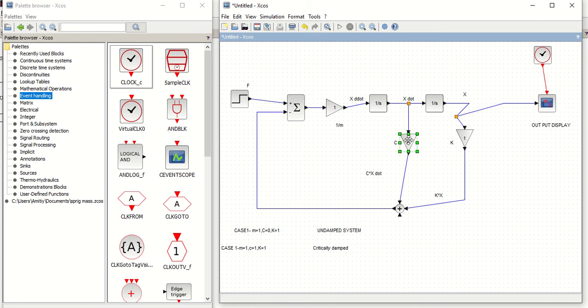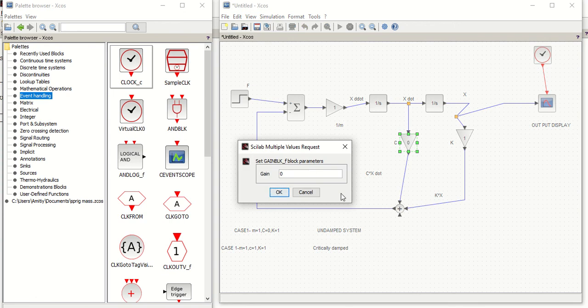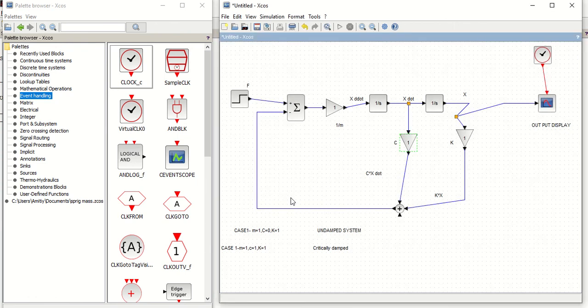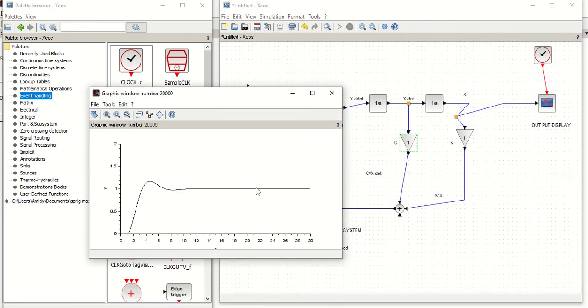Change the value of C here. This is the beauty of our software. Quickly we are changing the input parameter and immediately we are able to see the output. Yeah. So this type of response we are going to get.